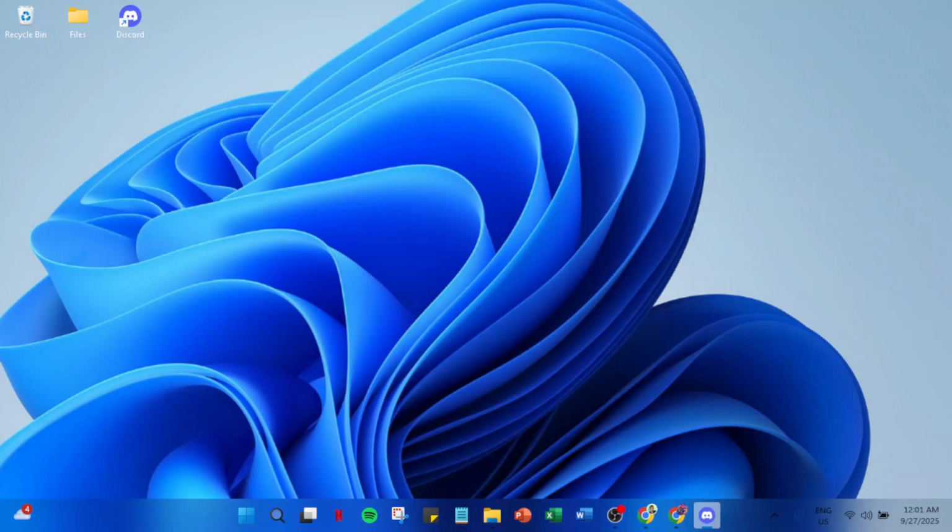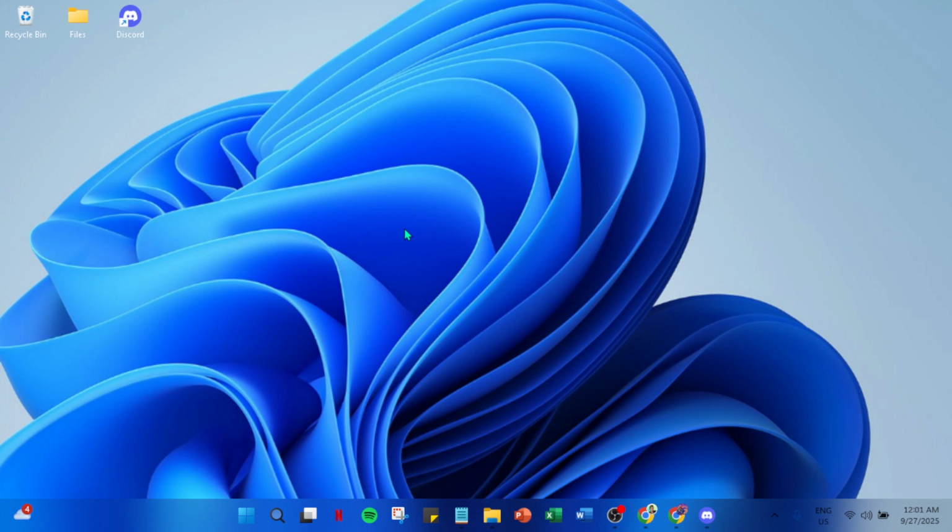In today's video, I'm going to teach you how to create a new disk partition in Windows 11. Whether you're organizing your space better, preparing a separate area for work or personal files, or just want to practice good data management, creating a new partition is a straightforward and effective way to begin.